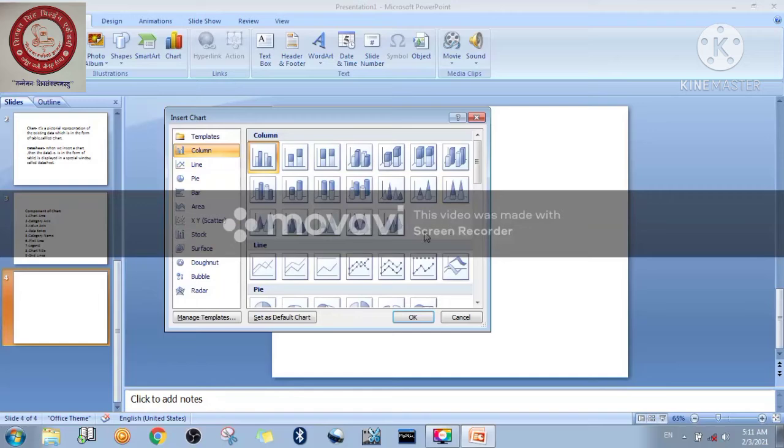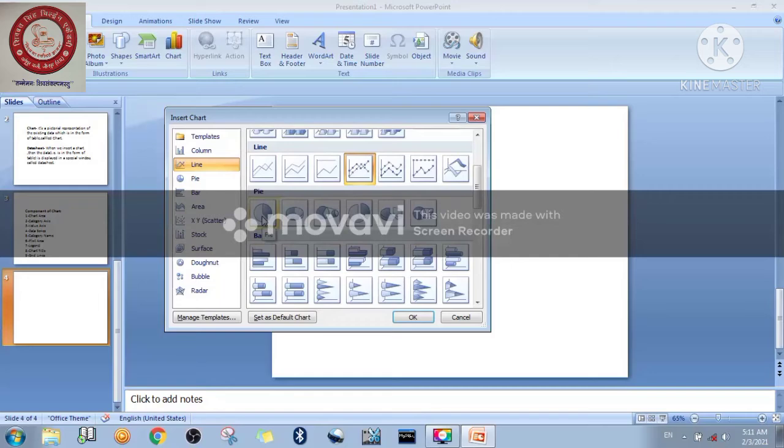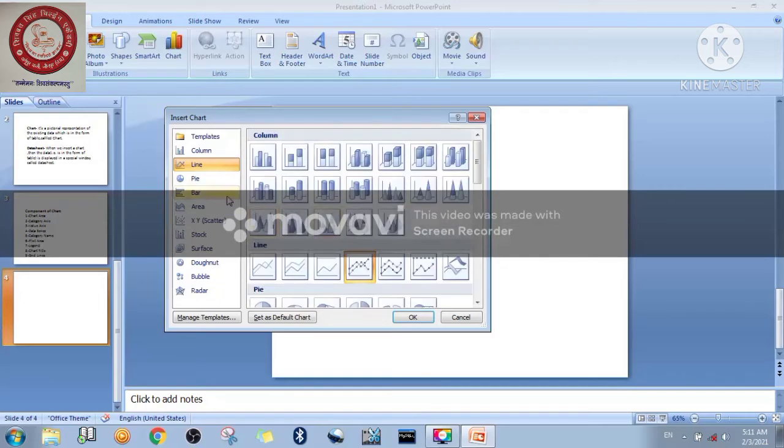Suppose you are taking the column chart, so there are various kinds of column chart. If you select the line chart, these are the examples for the line chart. And besides, these are the examples of pie chart. Whatever selection you make about the type of chart, you will get all kinds of that chart here accordingly.